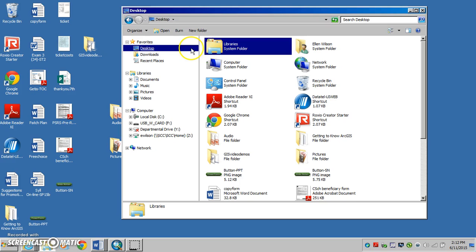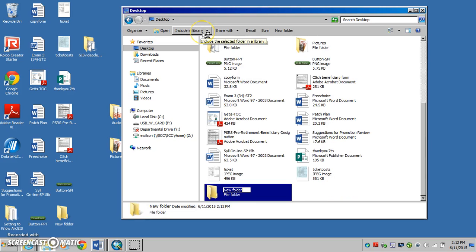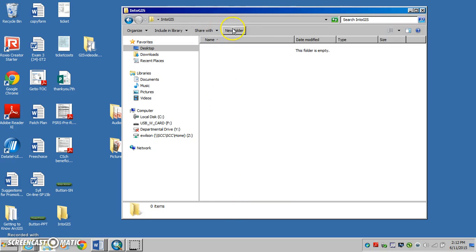The first thing we're going to do is make a new folder. It's a very simple process. You just click the New Folder button. We're going to give it a fairly simple name, Intro GIS, so that we know what it is. Now I'm going to double click on our new folder,